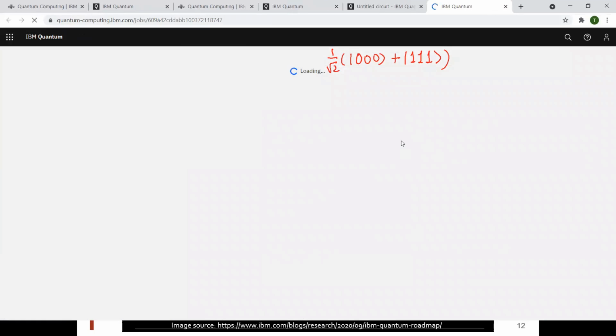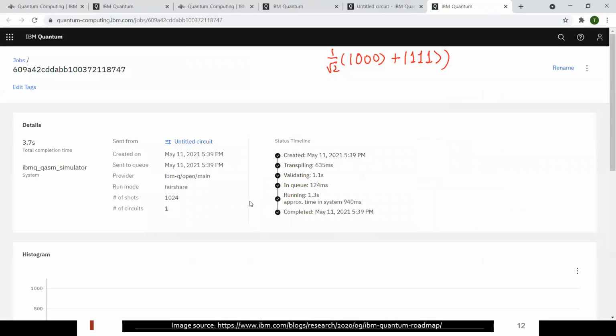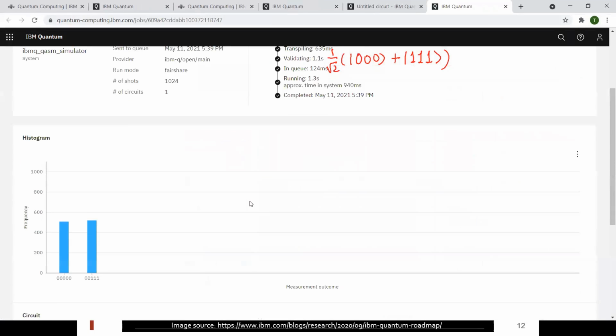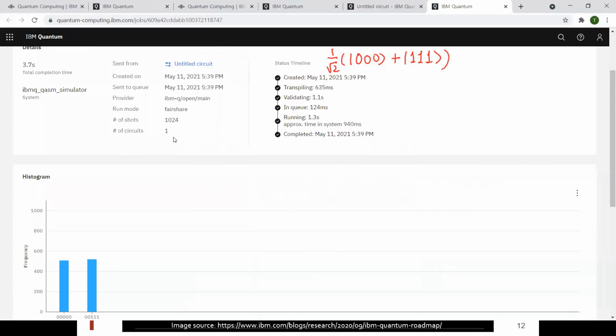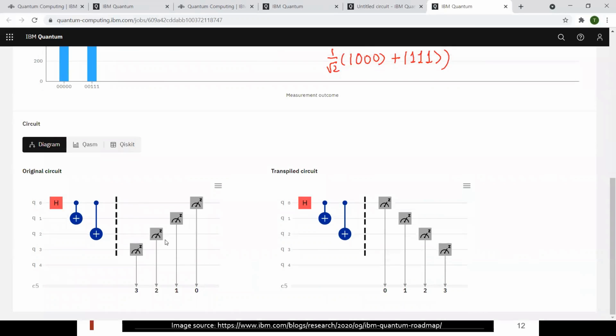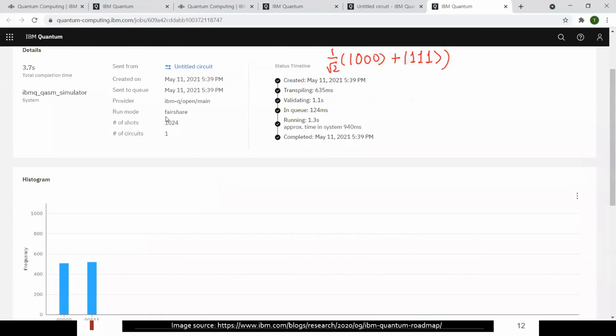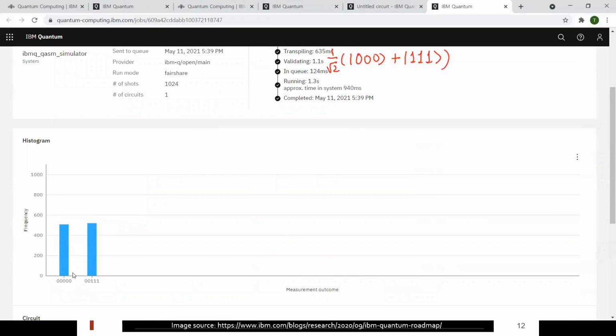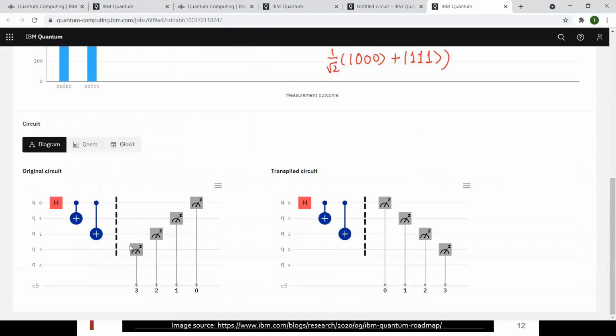So if we open with more detail, as you can see here, the same quantum circuit was run not 4 times, but 1024 times, and each time it will measure either 000 or 111. In this case, the reason you see not just 000 or 111, but what is called 00111, is because